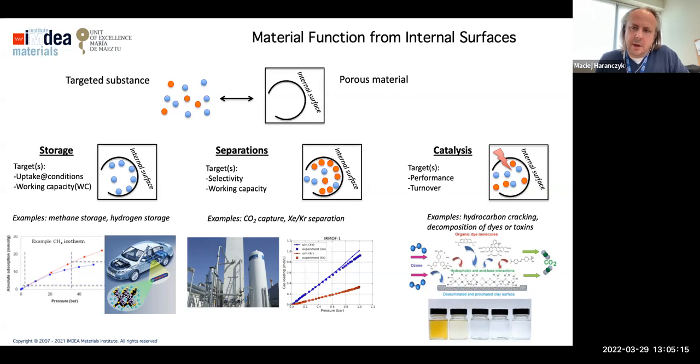Another application of nanoporous materials, especially ones that have some active sites on internal surfaces, is catalysis. In those cases, the targeted substance or molecule of interest will adsorb and then will undergo a chemical reaction. And here example application could be hydrocarbon cracking or decomposition of dyes or toxins on internal surfaces.